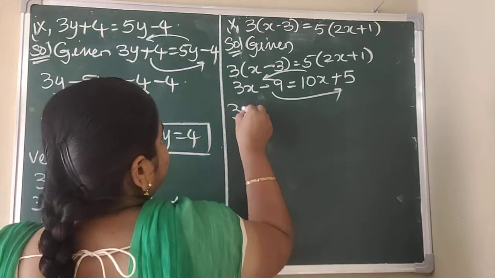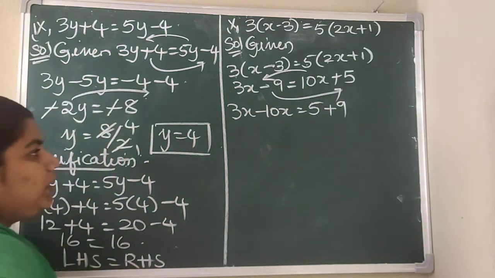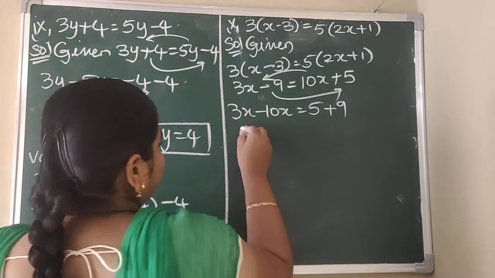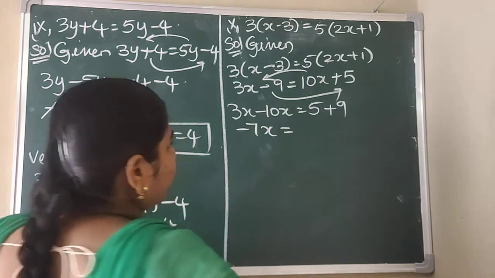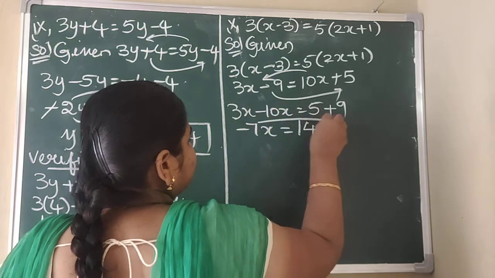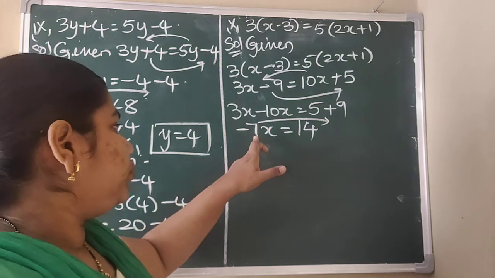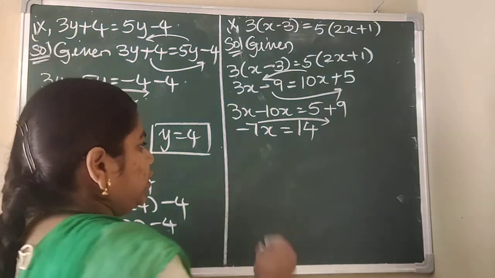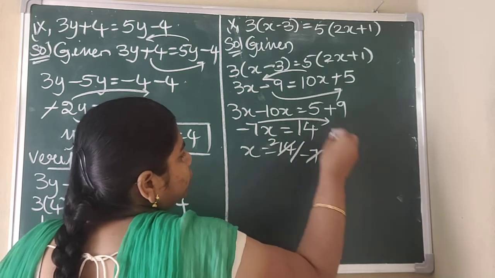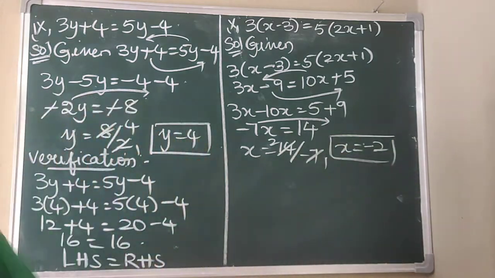So here 3x minus 10x is equal to 5 plus 9. 3 minus 10, from the smaller number you are subtracting the bigger number. So the result will be negative, that is minus 7x is equal to 9 plus 5, which is 14. So send this minus 7 to the other side, that will be converted to division, because the relation between minus 7 and x is multiplication here. So x value is 14 by minus 7, 7 twos are 14. So x value is how much here? Minus 2. You got the x value as minus 2.